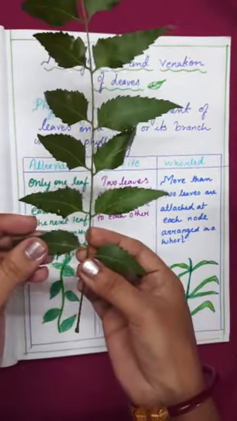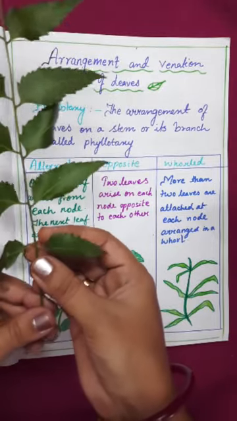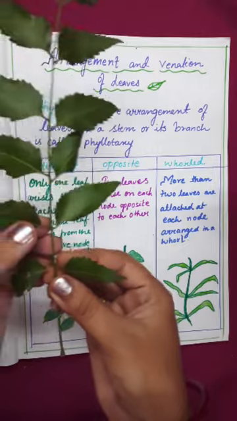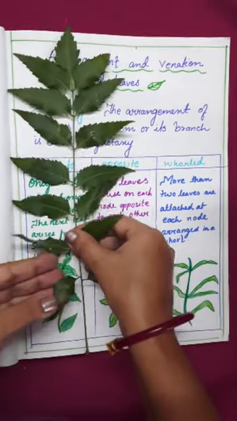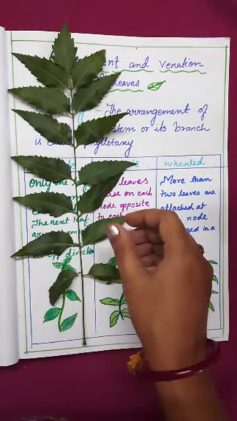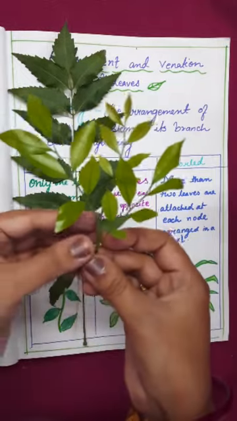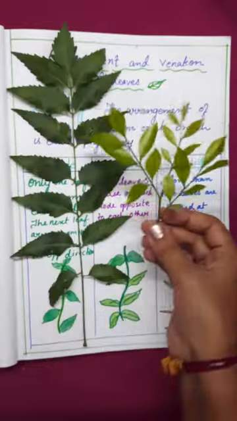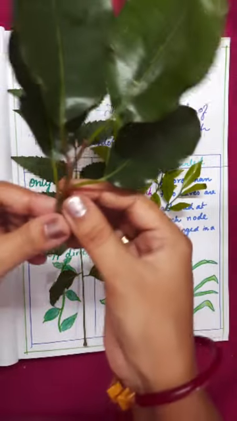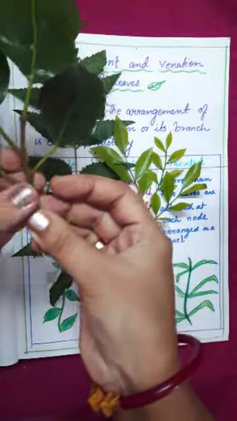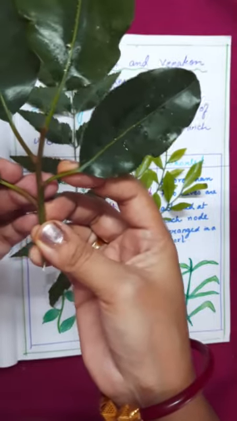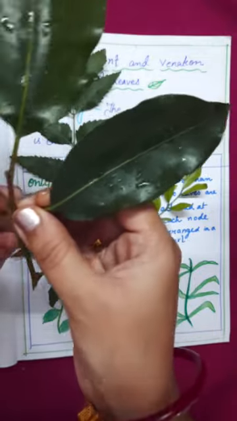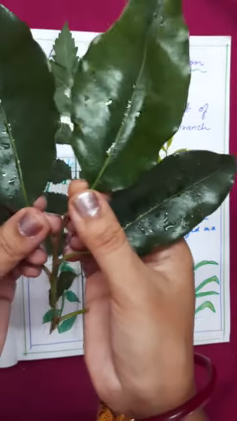See, this is an example where you can see the leaves are formed at different nodes and in alternate form. This is one example which is an alternate form. This is one more example which is also an alternate arrangement of leaves. This can be one more example. Here see, from the stem the leaves are coming from different nodes and they are in alternate form. One this side and one this side. Again one this side, again one this side.